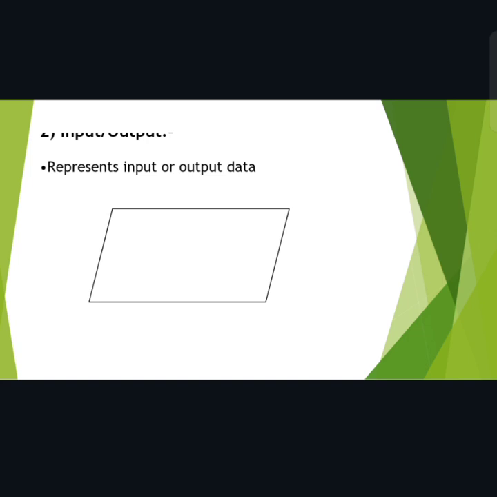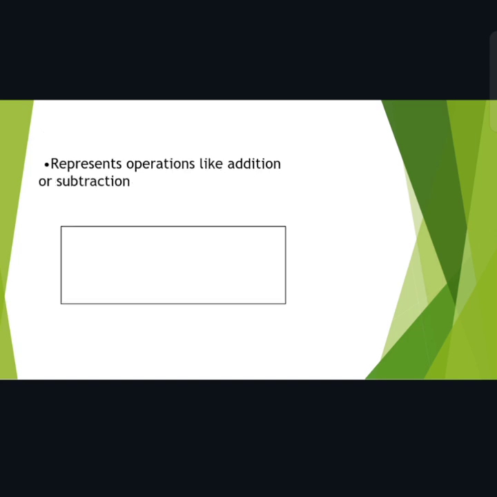Second is input output, used to show inputs like user data or outputs like display result, represented with the shape of a parallelogram. Next is process. It represents operations like addition or subtraction, means any operation like adding two numbers is shown with